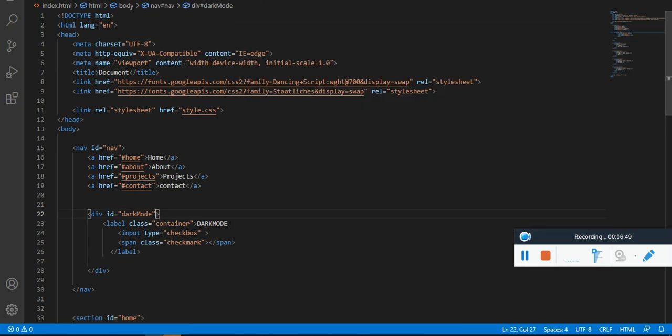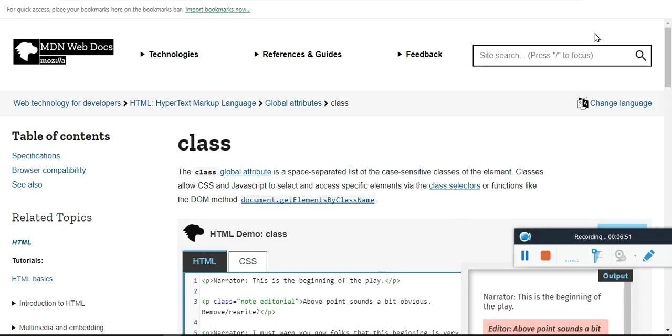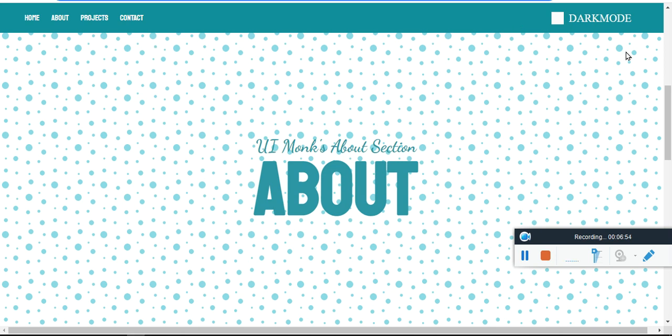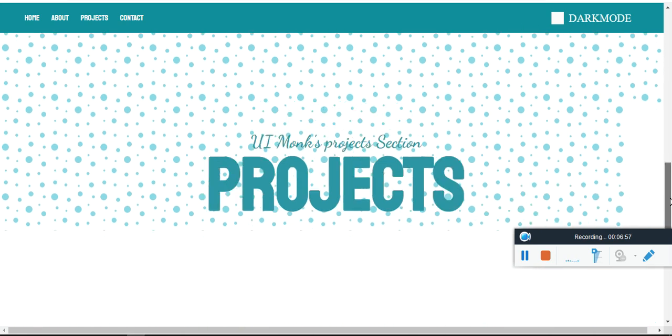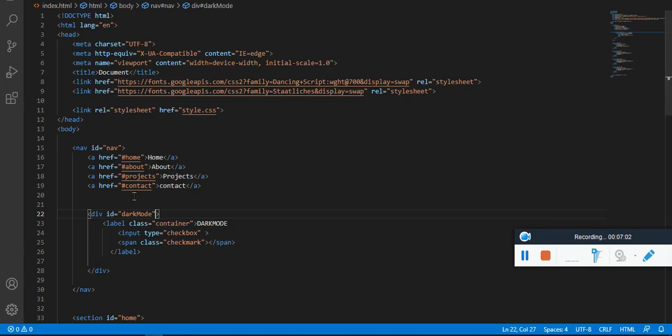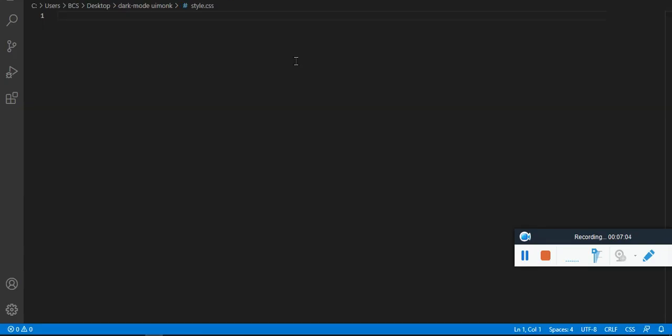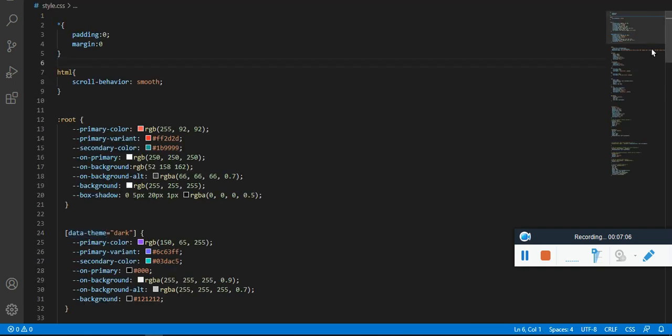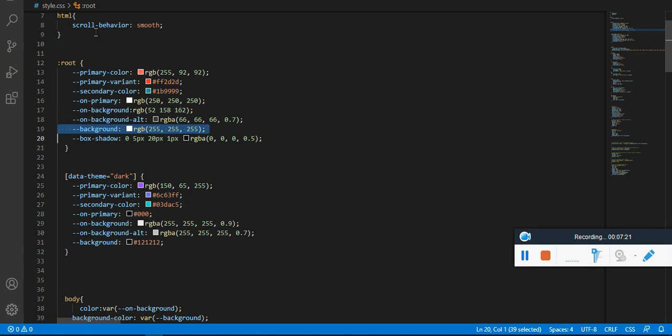If you are following my tutorial for long, you know how to design this page. It is very simple; with the help of Flex we can have it. The main concept of dark mode is to have a CSS variable. We won't be using many of them, simply the secondary color, the primary color, and the background color. This is for the light mode and this is for the dark mode.